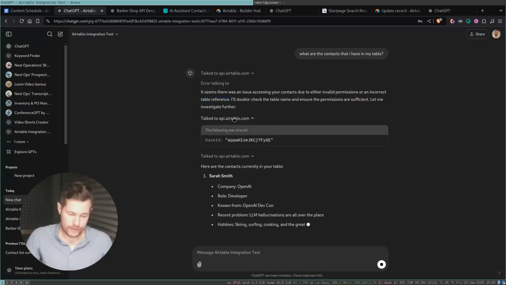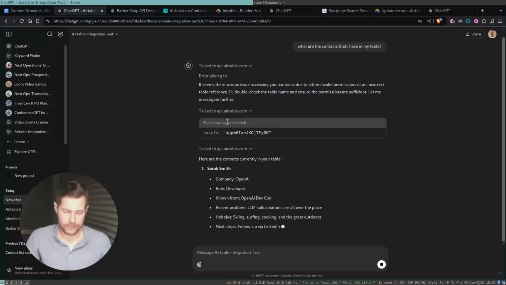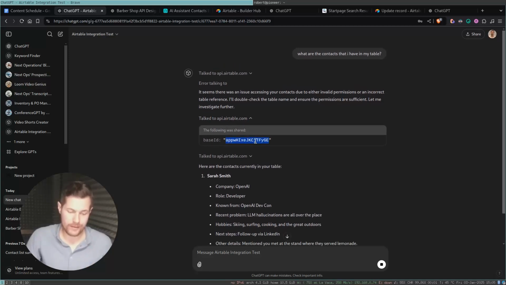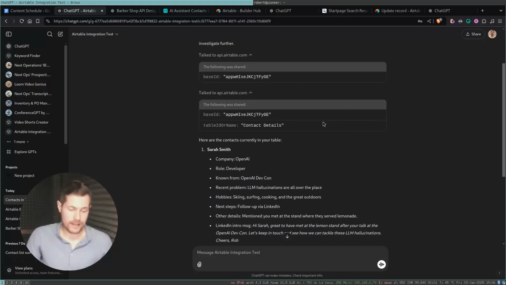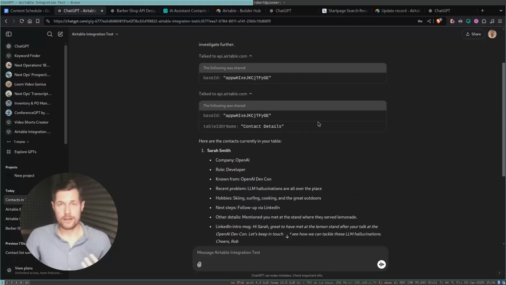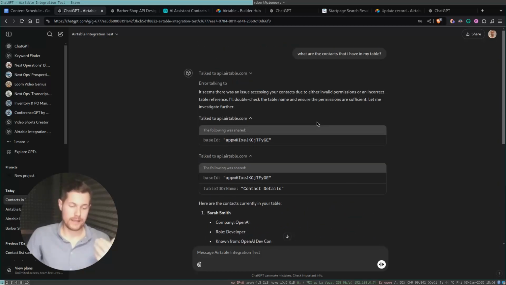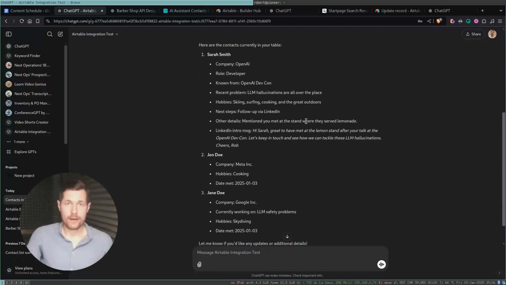So then it somehow is smart enough to figure out what the base ID is. So the second time it uses this base ID. So the problem here is that it doesn't have a table reference right at the beginning, okay? Now in this case, we got lucky because the CustomGPT was smart enough to retry and first probably in the background list all the tables, but we don't want to rely on this. The more exact, the better. So what we need to do now is to find the IDs of these tables and of the base